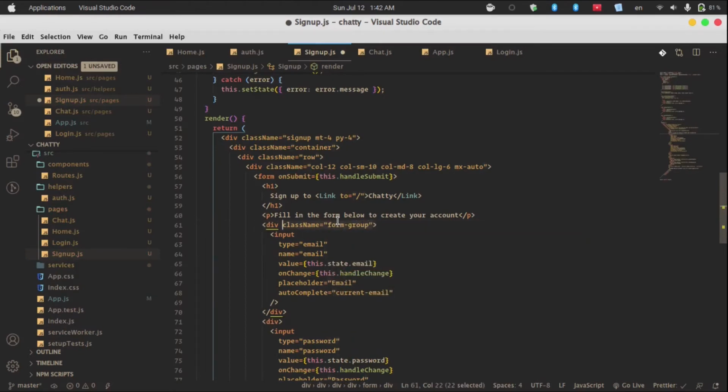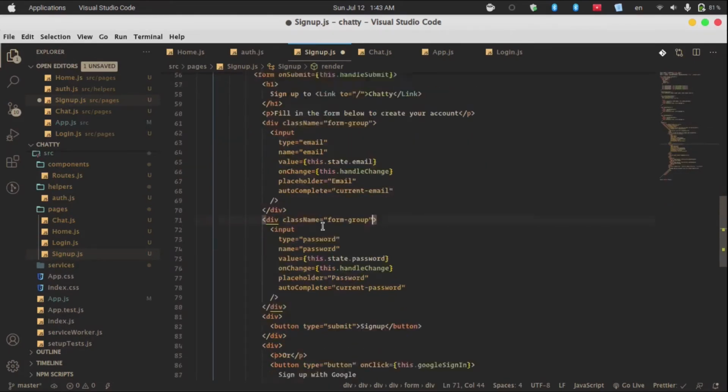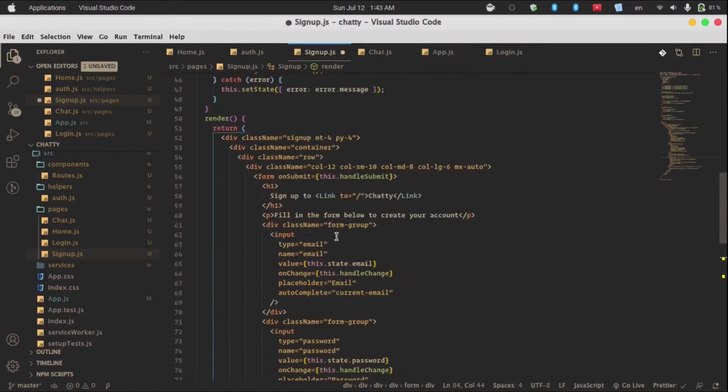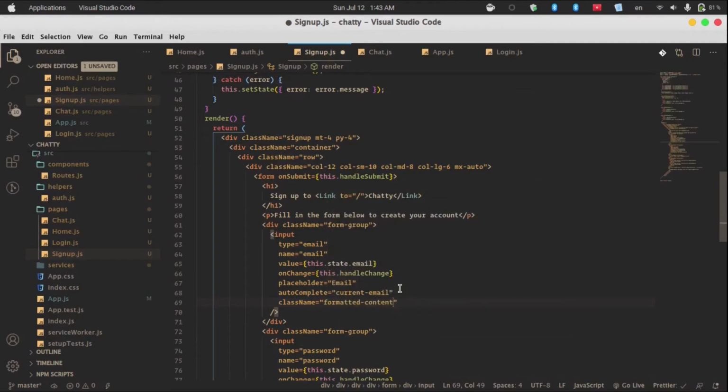I need to copy, then here. Now you can use class name form control,